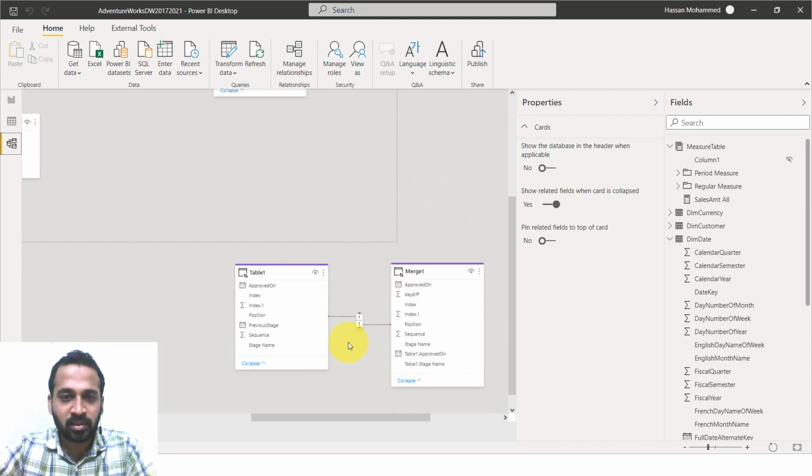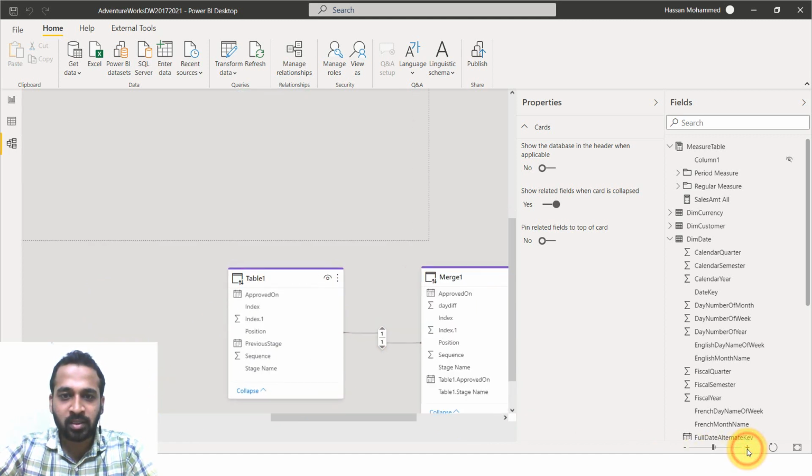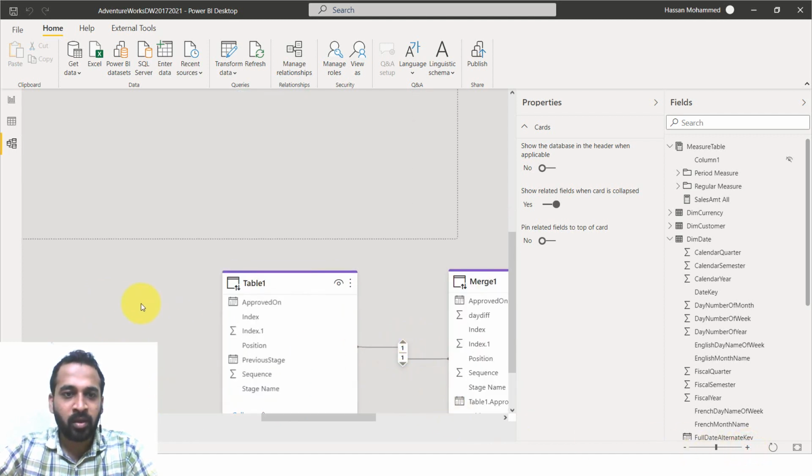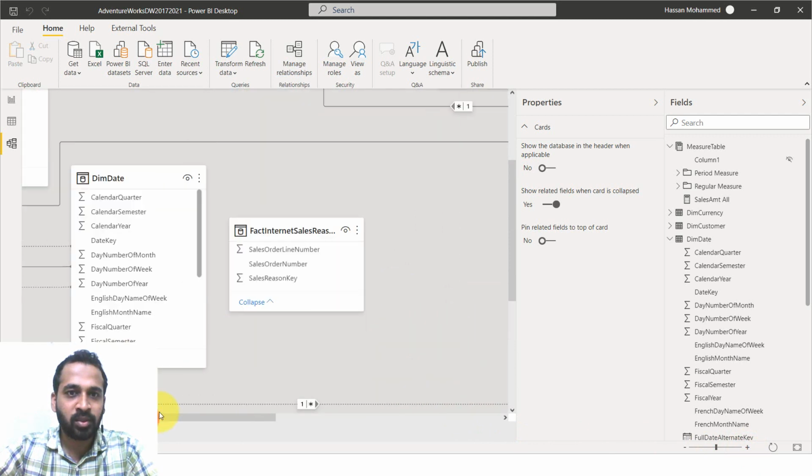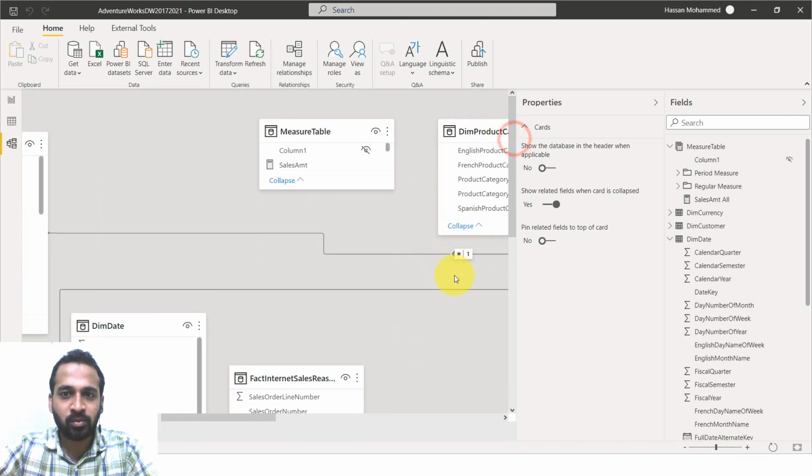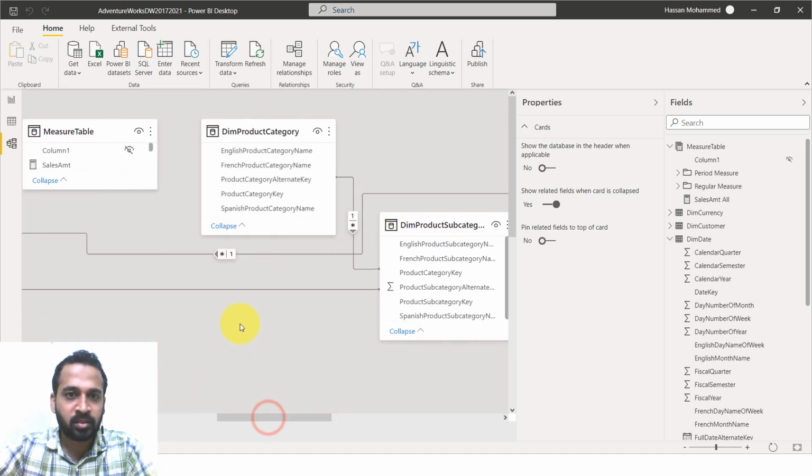And one more update in this is that the relationship between these two tables is centralized here. You can just see the one-to-one relationship here. And the other thing is, if you go here, like one-to-many, this is added here. If you look at this one here, in the center, you can see this one-to-many relationship, and it also shows the direction of the one-to-many relationship.